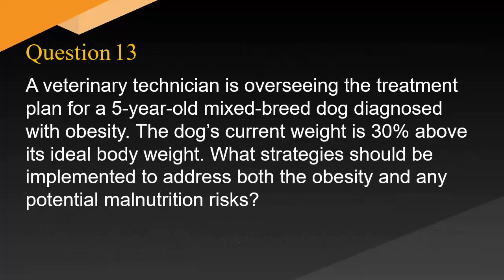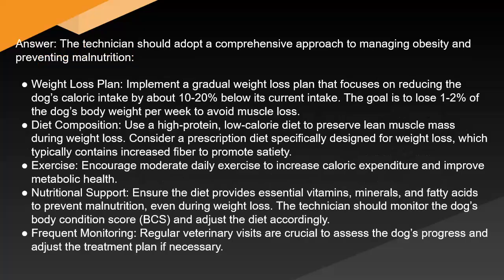A veterinary technician is overseeing the treatment plan for a 5-year-old mixed breed dog diagnosed with obesity. The dog's current weight is 30% above its ideal body weight. What strategies should be implemented to address both the obesity and any potential malnutrition risks? Answer: the technician should adopt a comprehensive approach to managing obesity and preventing malnutrition. Weight loss plan: implement a gradual weight loss plan that focuses on reducing the dog's caloric intake by about 10 to 20% below its current intake. The goal is to lose 1 to 2% of the dog's body weight per week to avoid muscle